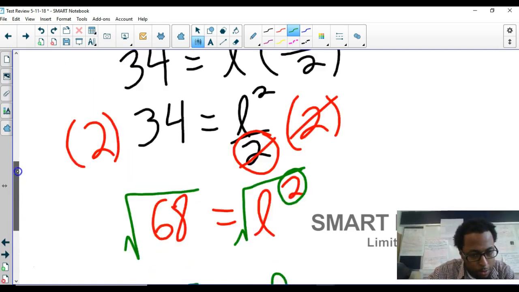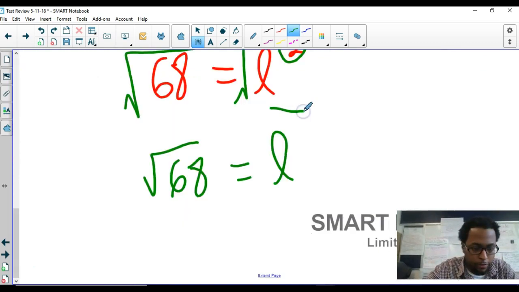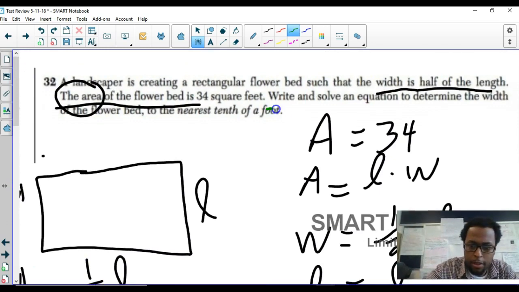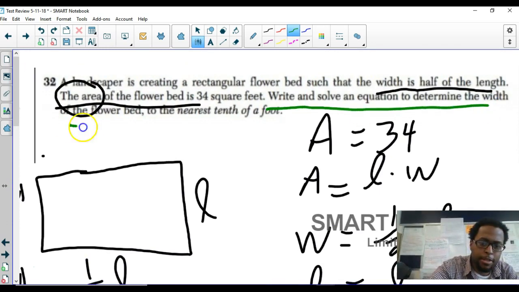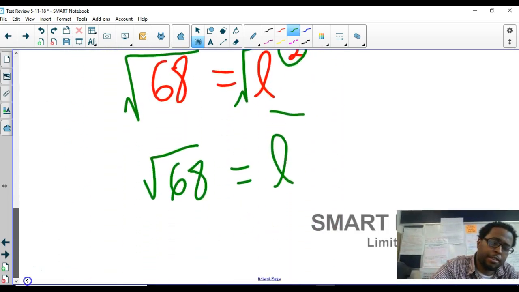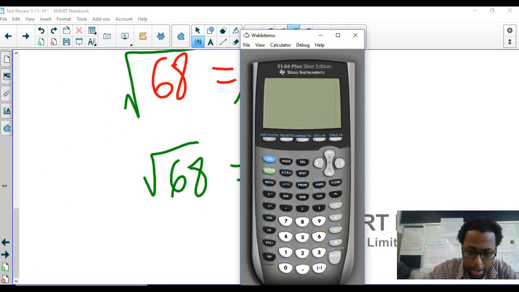But I have to be careful here because the question wants me to write and solve an equation to determine the width of the flower bed to the nearest tenth of a foot. It doesn't say radical form. So when it doesn't say radical form, I actually have to find the square root of 68. Okay, so let's do the square root of 68. So this is the only time where you're going to be allowed to use the calculator for the square root of 68. So I'm going to press my second button. I'm going to press, where's my square root button? Right there. Square root of 68 is going to be,